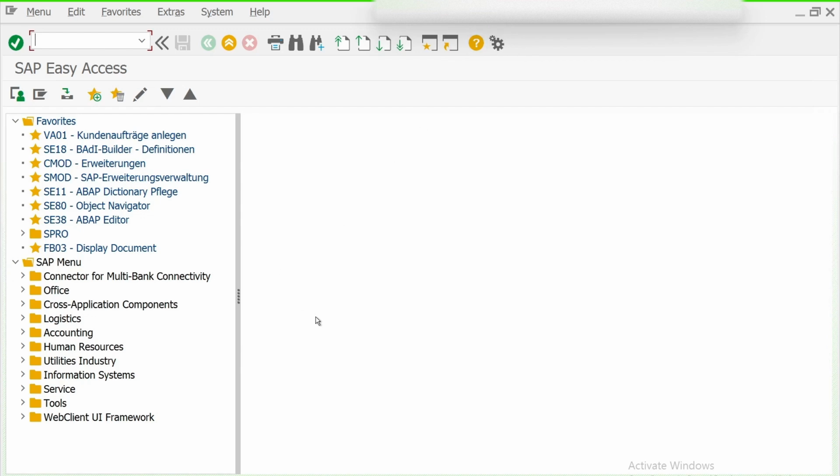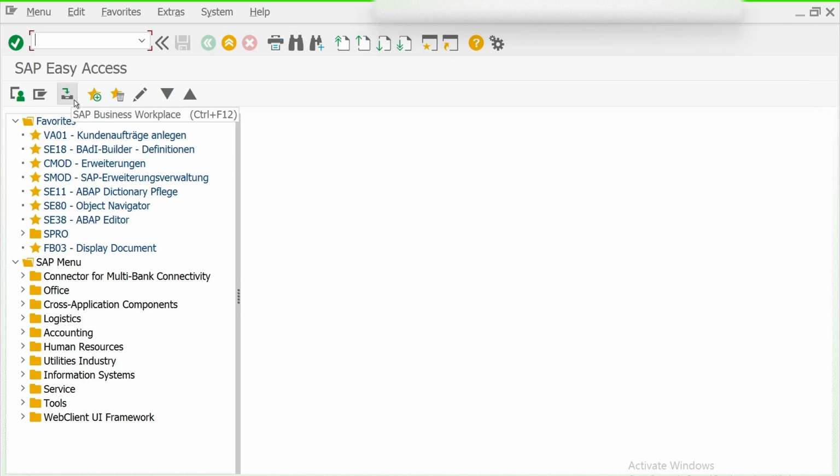Next comes the application toolbar. Under the application toolbar you have the main screen or the input and output screen. Apart from that you have these icons, which also change or vary with the screen. This icon is similar to the SAP menu; it will show you what is already opened, and you have the user menu. We have already seen the user menu and the SAP menu.